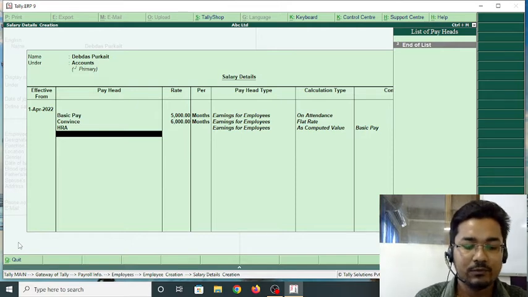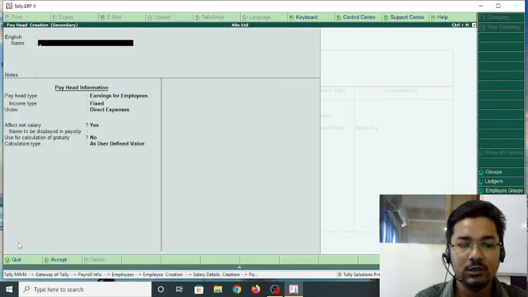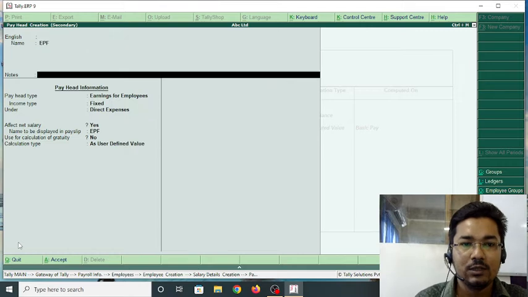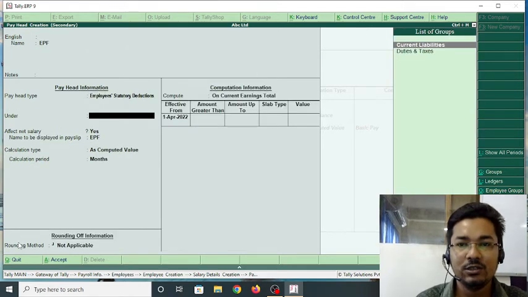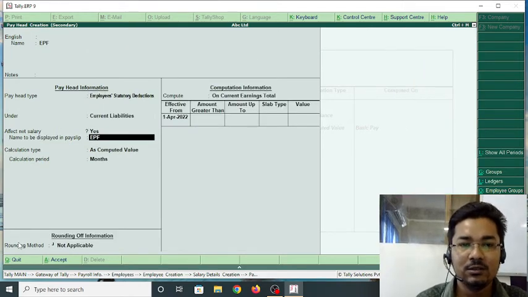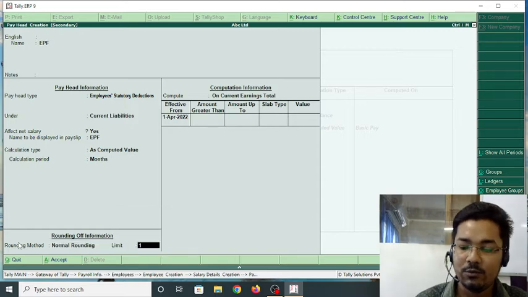Then the option is EPF. Alt C for EPF. This is statutory deduction and current liabilities, normal rounding 1.